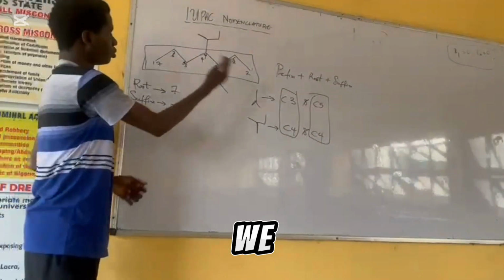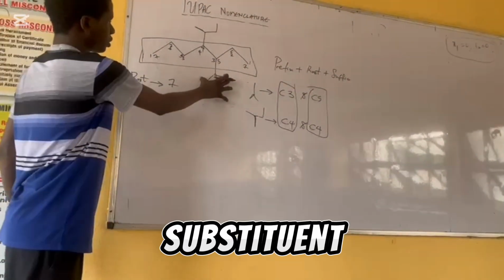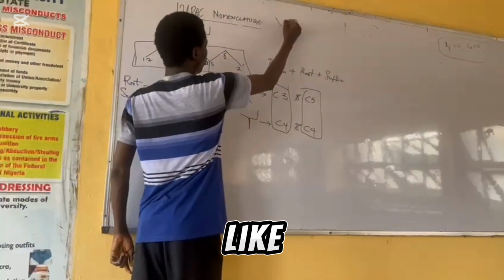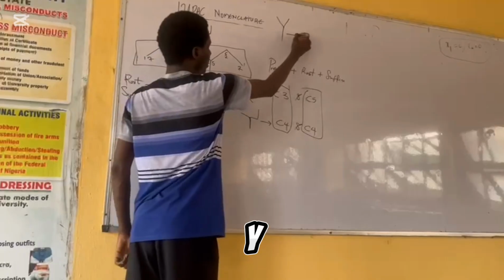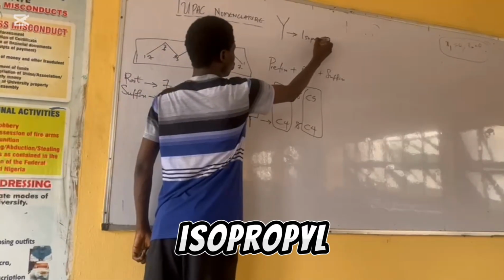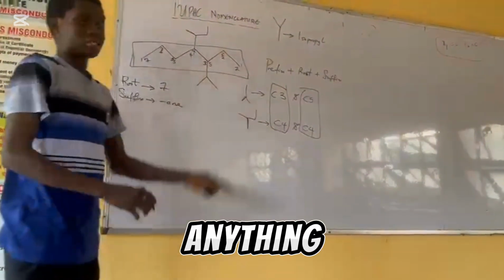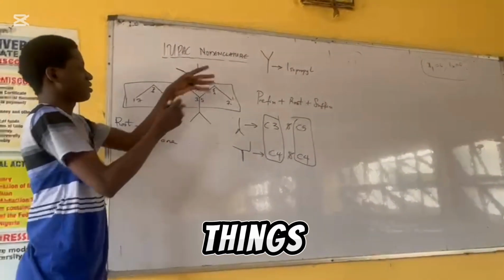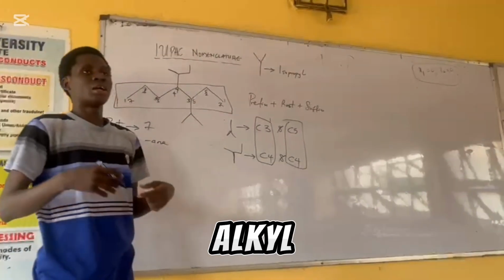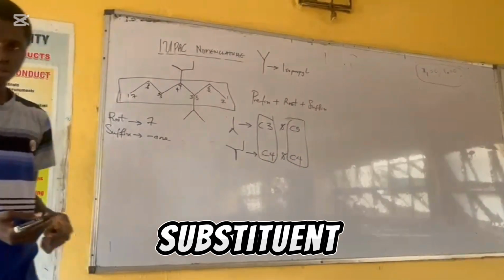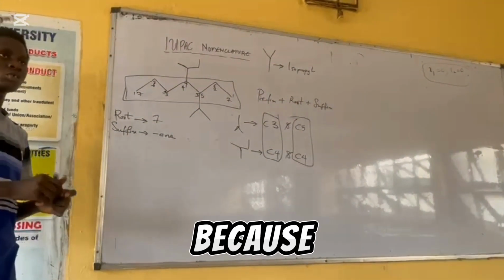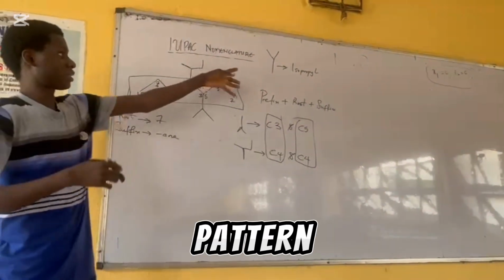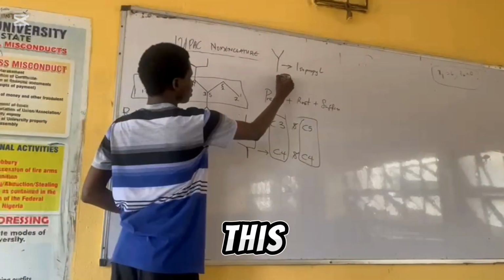So now, how do we know the substituent? This substituent here is the first thing we are considering. Whenever you see anything like a Y, it simply means isopropyl. All these things are called alkyl patterns. They are substituents, but in skeletal structures we just draw them because they are substituents that have a particular pattern. So whenever we see a Y pattern, it is isopropyl, and whenever we see this other pattern,